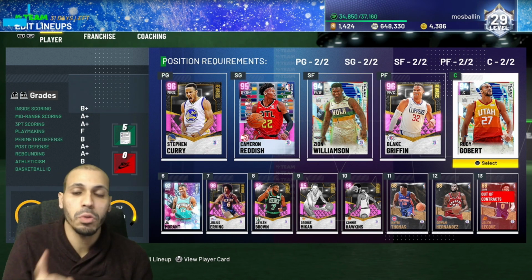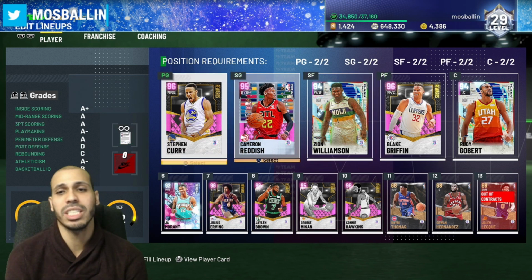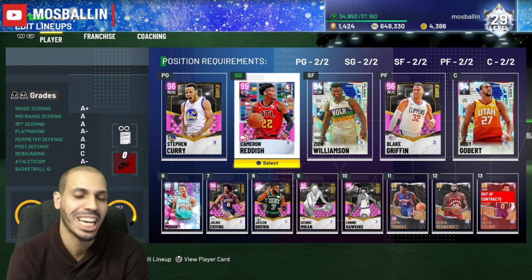I've actually never used this Rudy in an Unlimited game. I've only used him on Triple Threat online and offline. So it's going to be our first time running him. So it's like my defensive lineup. Steph's the only one that can't defend. So I hide him on whoever is like their least offensive player, someone who's only a catch and shoot guy,